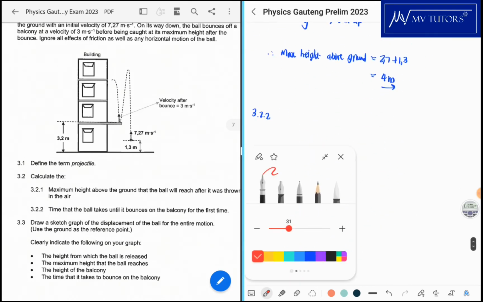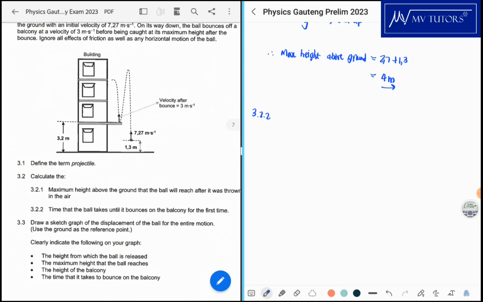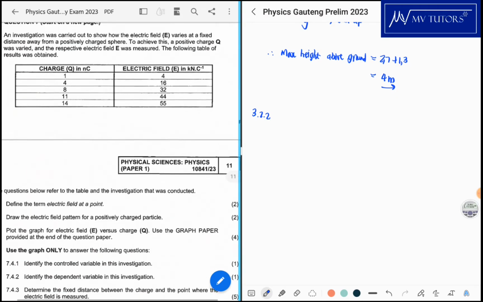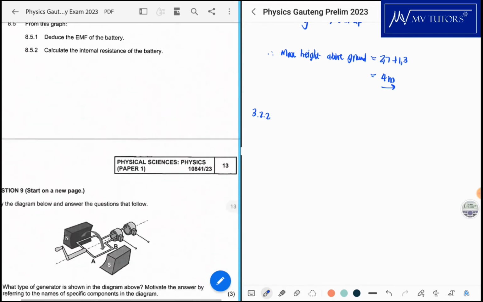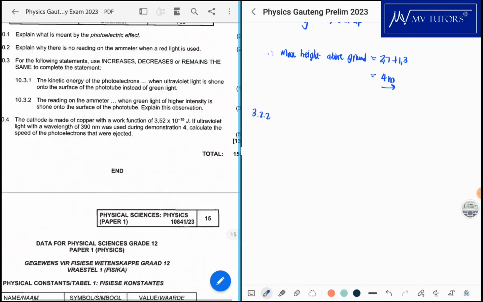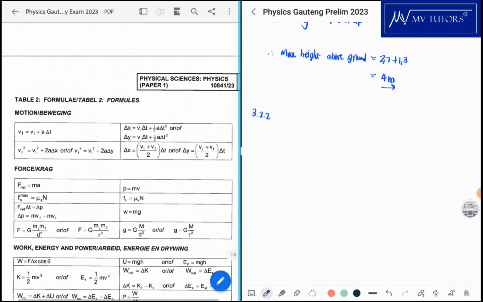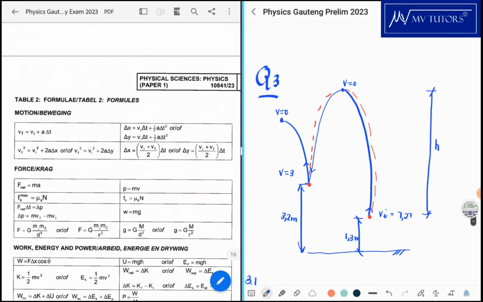Should I show you both ways that I'm thinking of? Let's see if we did it this way. Okay, let's go have a look at the equations of motion. If you take the whole motion from the initial velocity up until where you're at the balcony, you can use this formula, delta y is